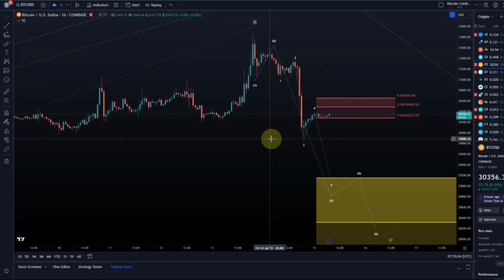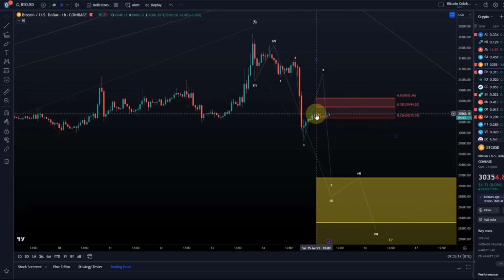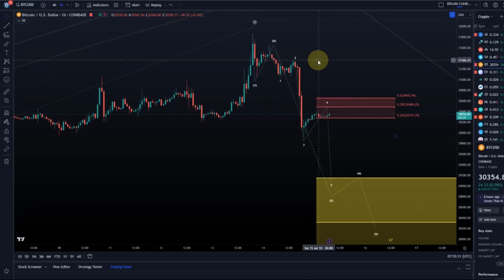And if we have a sustained break above the 50% fib level, then I cannot count that as a wave 4 anymore. Well, look, as per original Elliott Wave rules, the wave 4 can go all the way up to the end of the wave 1. But is this still a likely wave 4? Not really. What it then still could be is another 1-2 setup. That would probably be the next interpretation, to be honest, as long as we stay below the wave 2 high. But is it likely? Not at this stage.